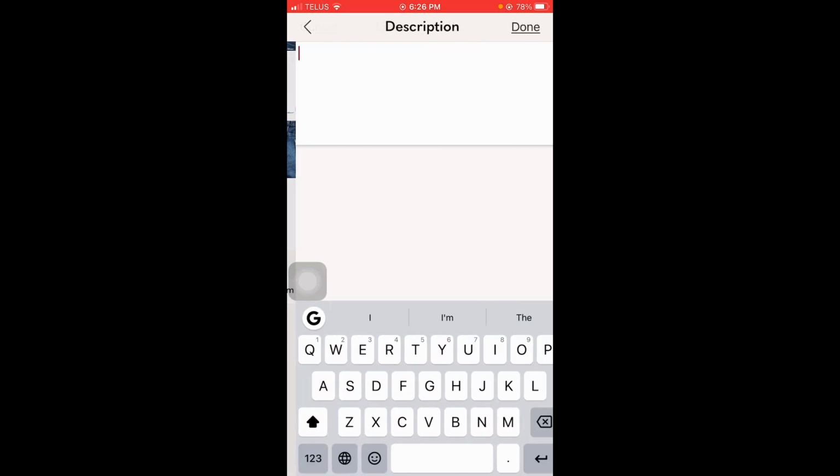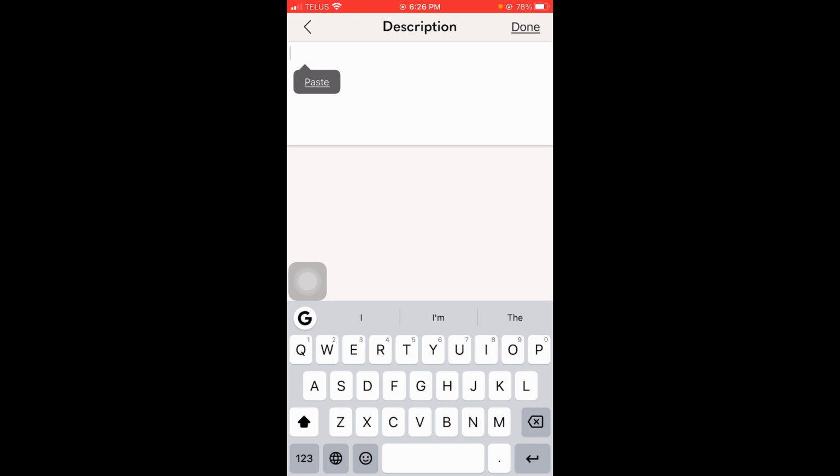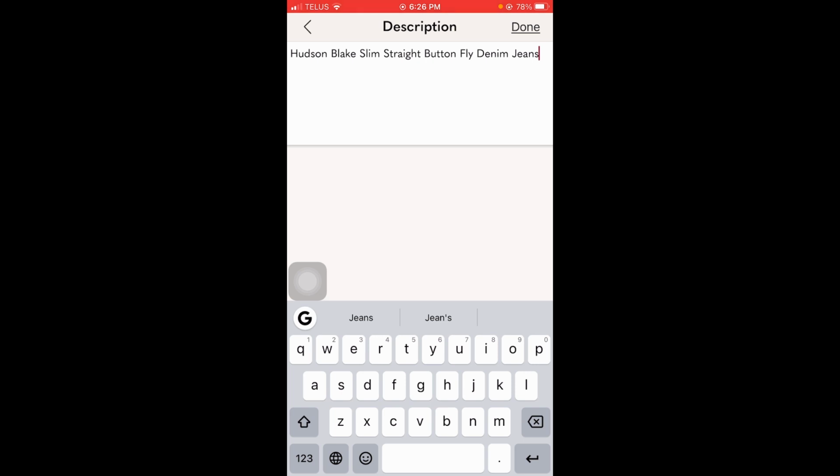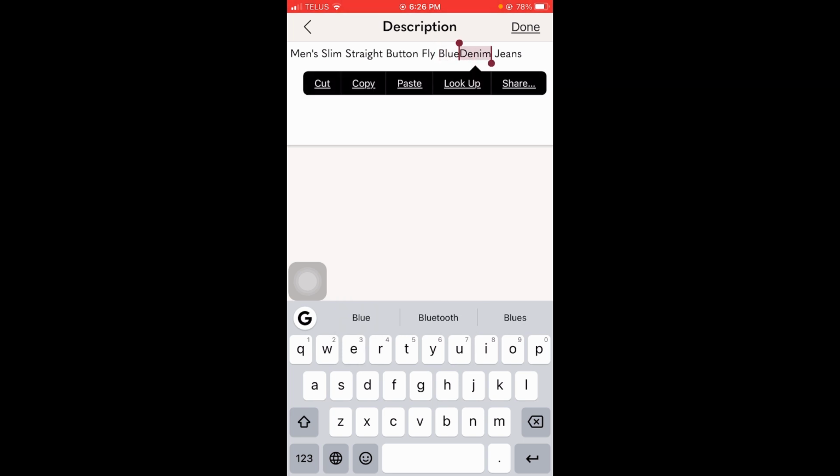And there are people that simply take this and copy and paste the title into the first line of their description, but from research, Google does not like it when you do this. So I'm going to change this a little bit just to kind of get around that little thing that we need to go around. And I'm going to call these, so these are men's slim straight button fly blue jeans